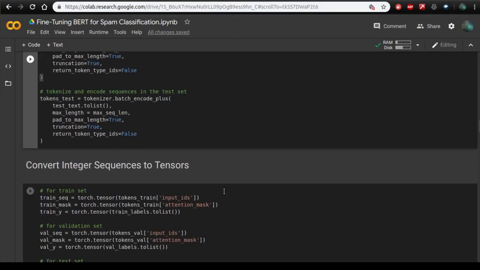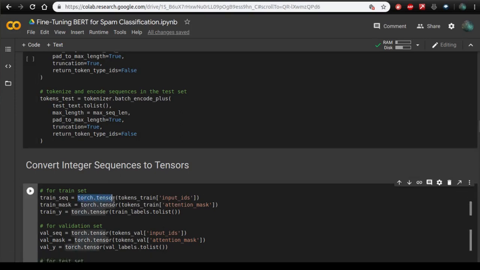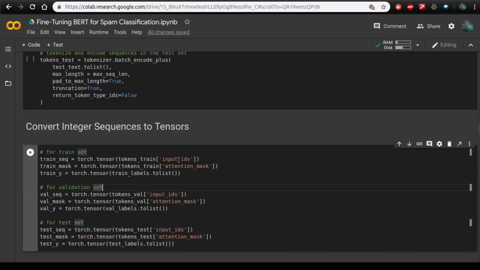Now we will convert the list of input IDs and the attention masks to PyTorch tensors. So that's pretty easy. All you have to do is use torch.tensor, and along with sequences and attention mask, we are also converting the labels to a PyTorch tensor.